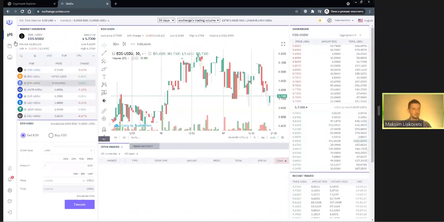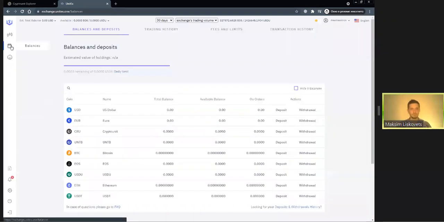And let's go to the balances. You see it's over here on the left. You click on it and you go to the balances and deposits of your account in UNITEX. So what can we see here? Well, first of all, you can see what kind of instruments you can use, currencies. You can see UNTB over here. And now let's look into how we can move some money, funds from the blockchain account to the UNITEX account,